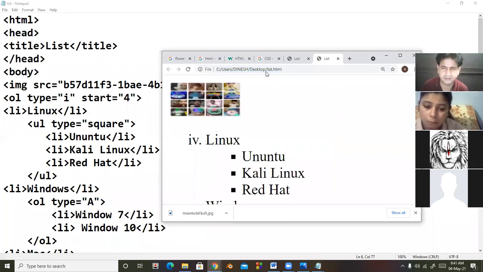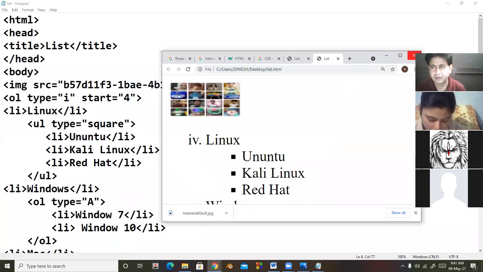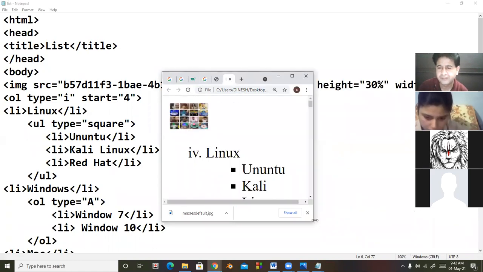I am refreshing this. Look at here, it is 30% of the web page. If I decrease the size of the window, the image size also decreases, because it is 30% of your window. It means if you decrease the size of the window, the picture size will also change.